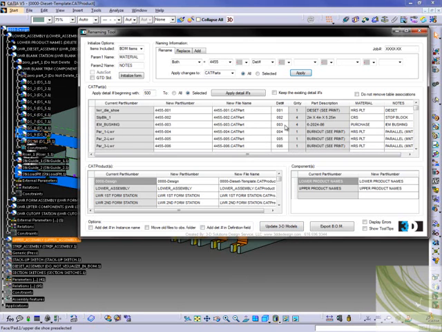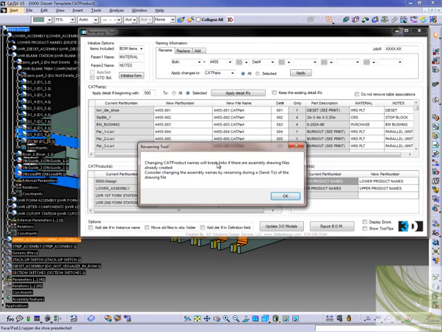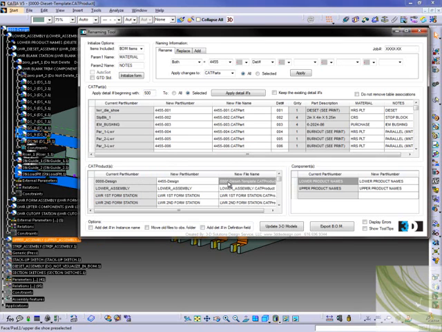But once we have these set down here, we might come down here and in the current design number, if you don't put the job number with each one, you may want to just put it on this first one, and it lets you know if you make any changes to assemblies that have drawings linked to them, you need to have the drawings open while you do it. Because if you don't, it will lose the link to the drawing file because the name changes. But we can change these two here in the main assembly, and we'll just let the rest of them be generic for now. But we could apply these same types of changes, adding a job number before or adding a job number after